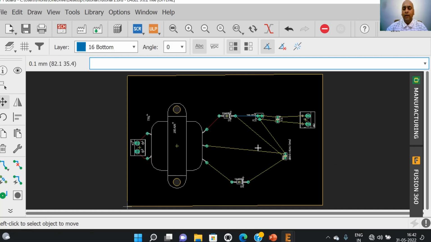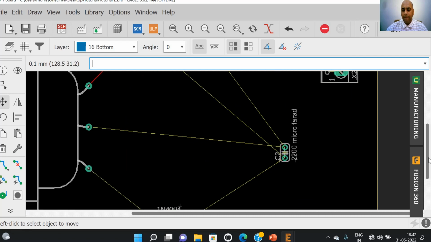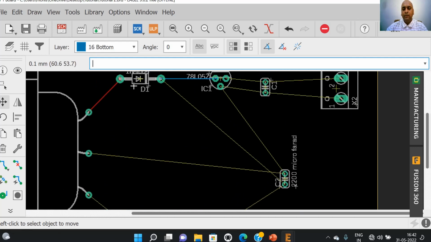For example, let us suppose we want to connect this diode with this capacitor. Let us connect diode and capacitor by traces which start from the bottom layer and end on the top layer in order to avoid any intersection of traces.